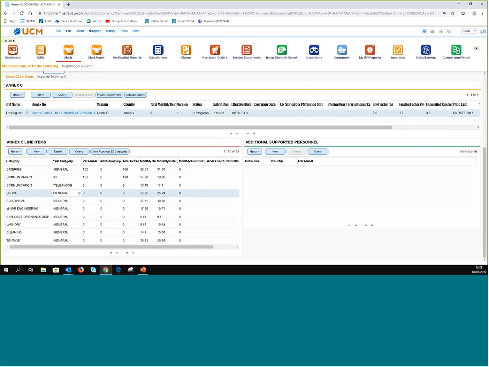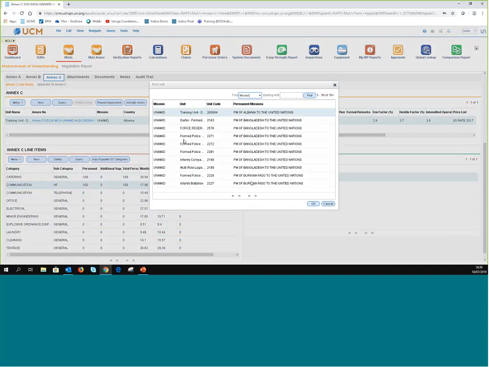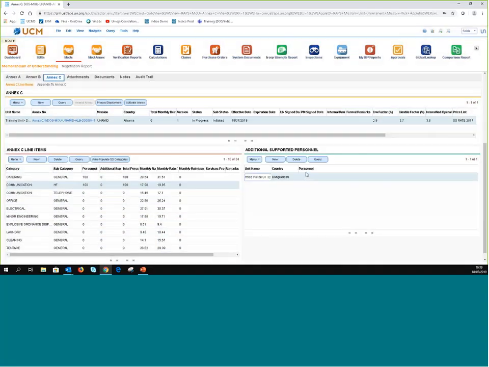And as we've seen yesterday, per line item you would also have to mention if there is any additional supported personnel, and that's on the right part of your screen that you do that. Then you select the unit that you are supporting, and you enter the number of personnel. And you should be able to see